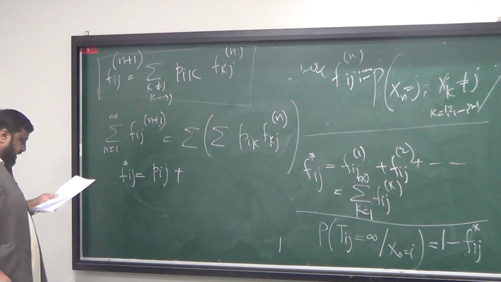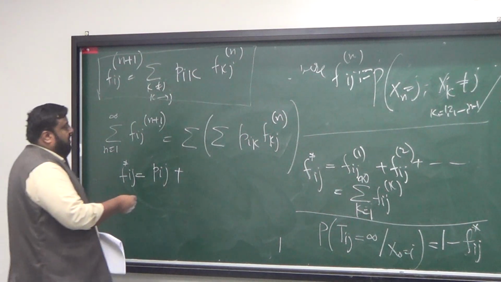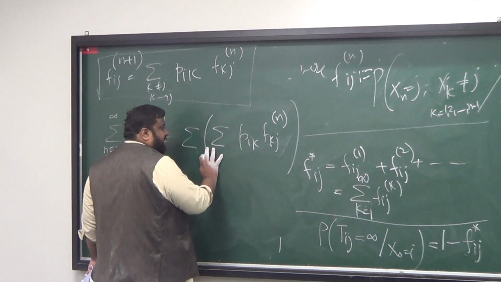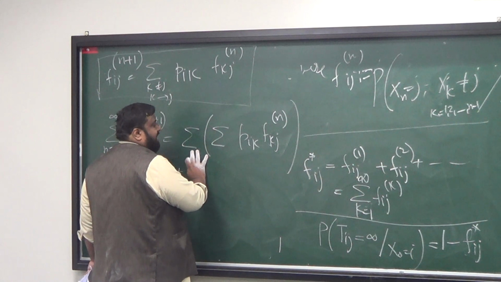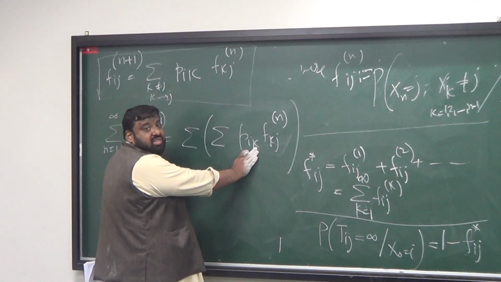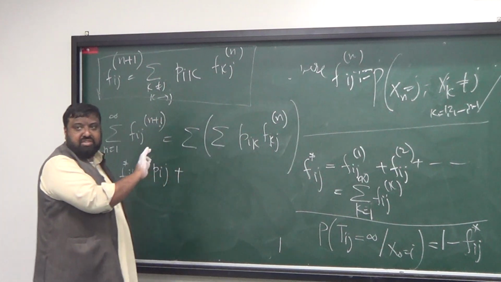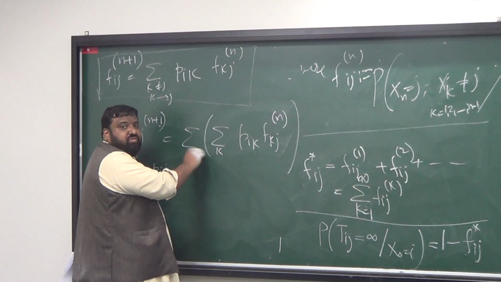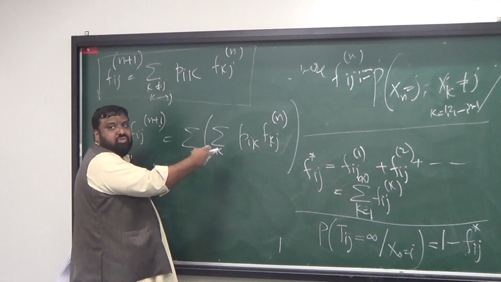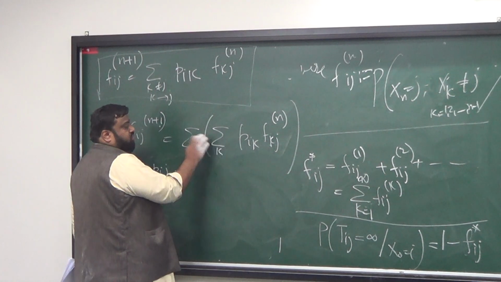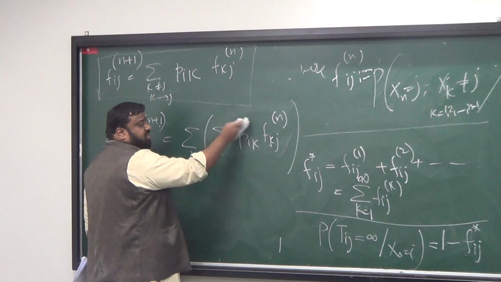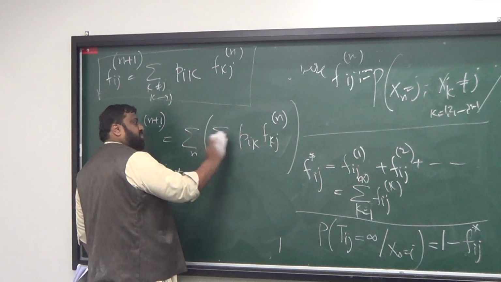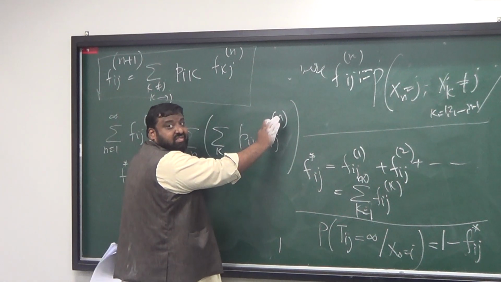So how can I simplify this expression? You can see actually that these two sums are on independent indices. So if you swap them, it's not going to make any difference. This sum is over k and this sum is over n. If they were on the same index, then it's a trouble. You can't just simply swap them. But now you can swap them. So if you swap them and you take this sum inside, the Pik is like a number, you can pull it out. Then the sum over n of f n kj is actually f star kj.